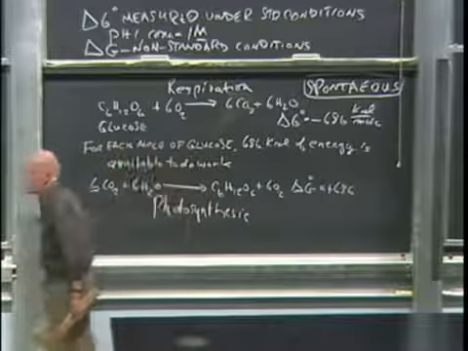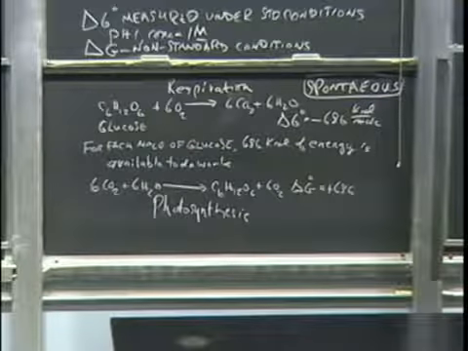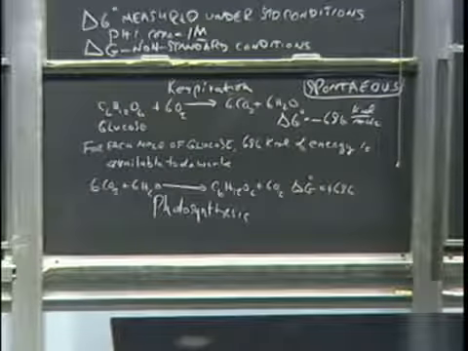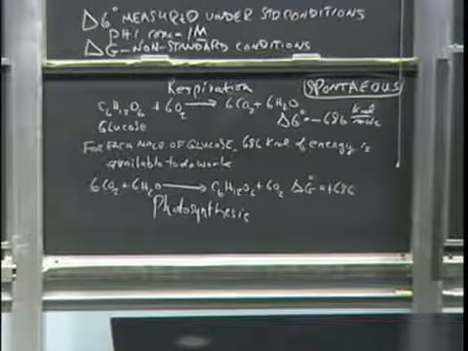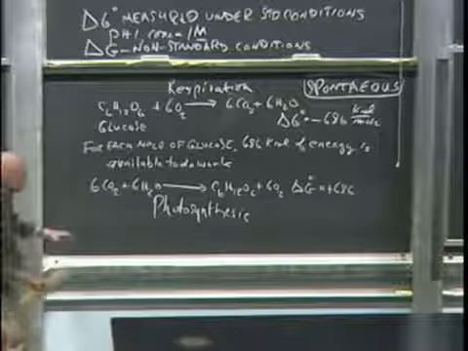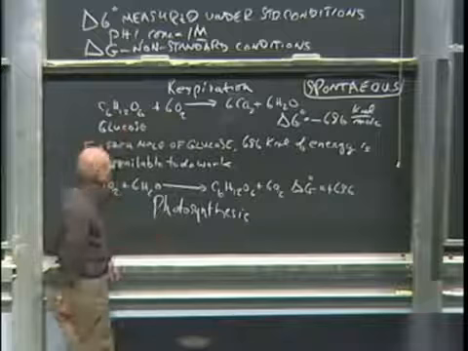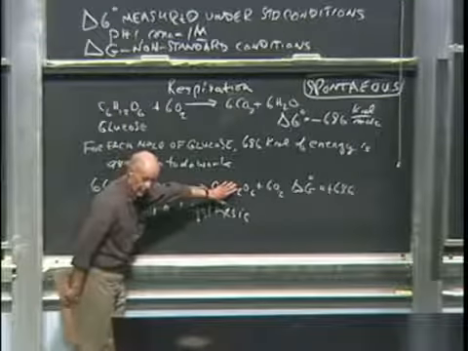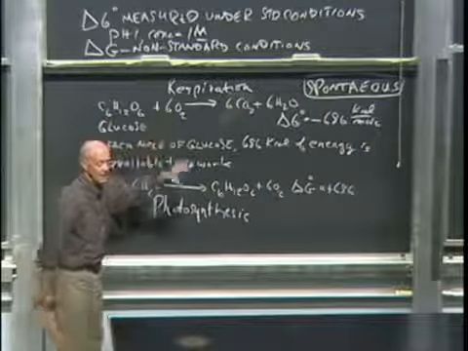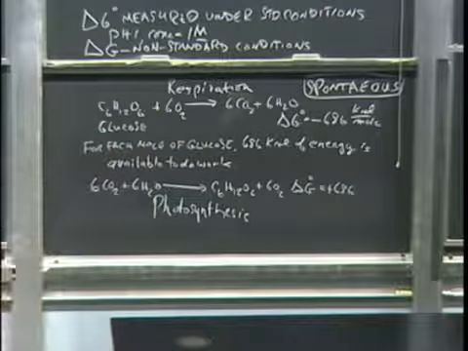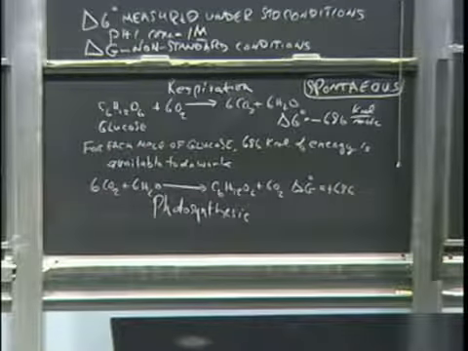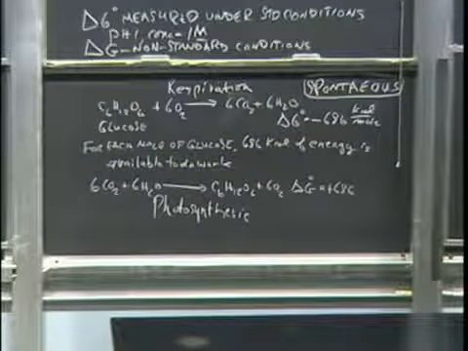And the energy required for photosynthesis comes from sunlight, right? Sunlight drives all of these processes. You can see there's clearly a relationship between these two processes. One of them is making glucose, photosynthesis. One of them is degrading glucose, respiration. So there is some cycle that goes on in terms of